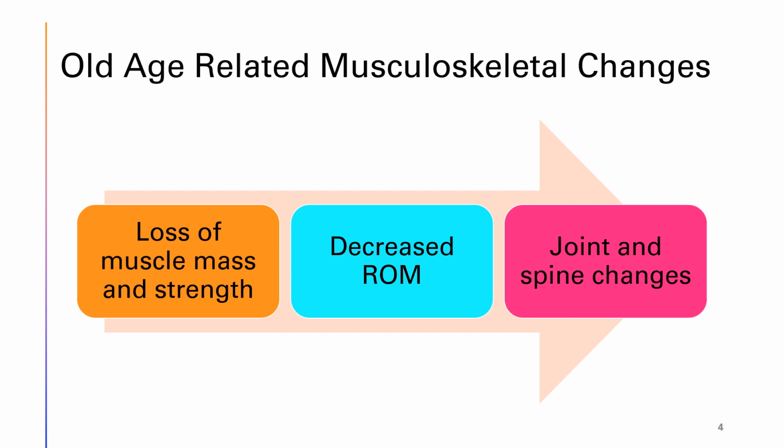So unfortunately, old age affects our entire musculoskeletal system. As we age, we lose muscle mass and strength, which makes older adults higher risk of falling. They also have decreases in their range of motion and changes in their joints that can cause pain and affect their ability to perform their ADLs. The spine starts to condense and they lose inches of height and they can develop kyphosis, or upper back bend that looks like a hunchback.